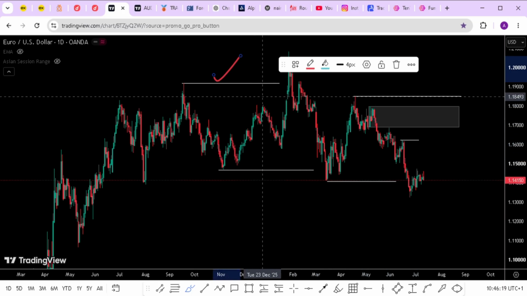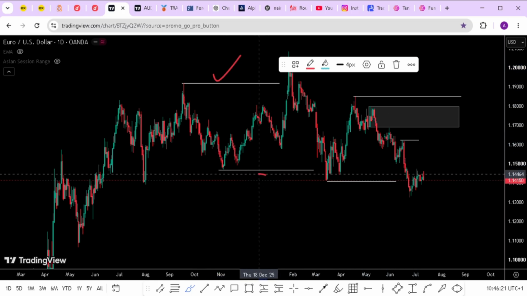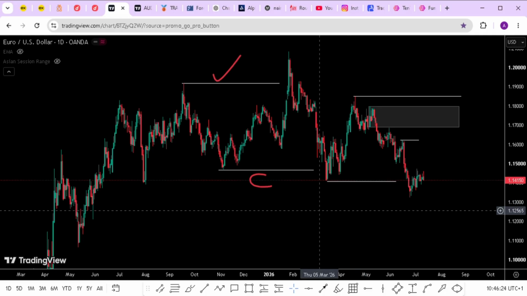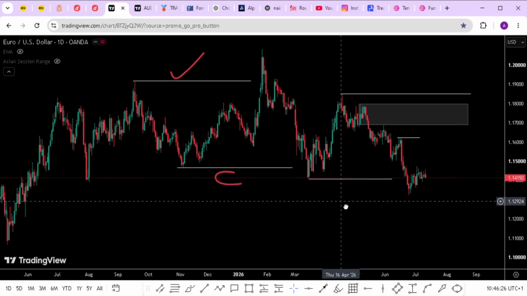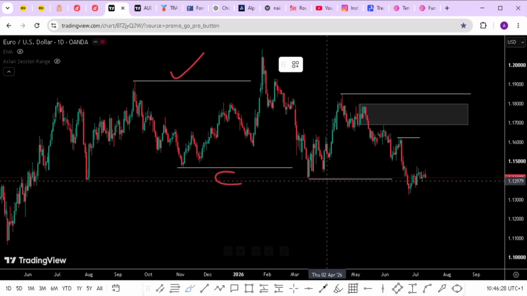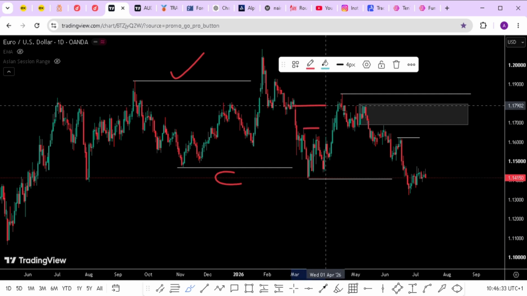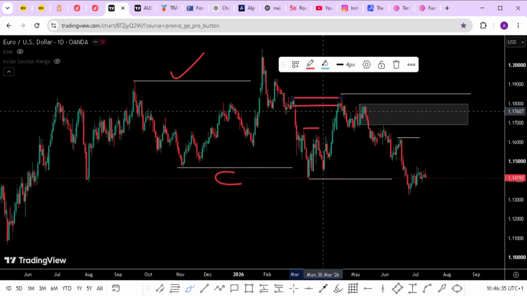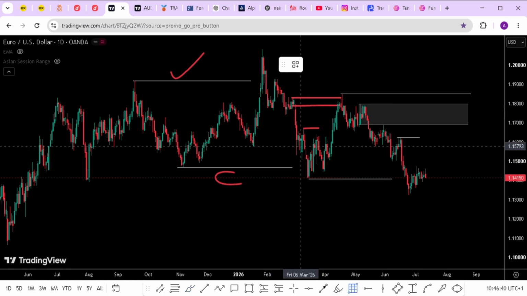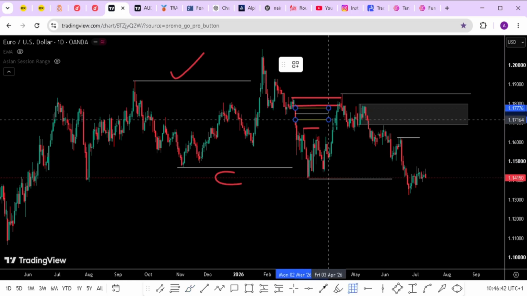and then we are expecting this low to be protected and market do what? Market change character for us. So immediately market change character, what are we expecting to do? We're expecting Euro USD to take out this liquidity point and mitigate this level. And you can see how market nicely mitigate this level because this is the only other block with what? With fair value gap in between. You can see this fair value gap.